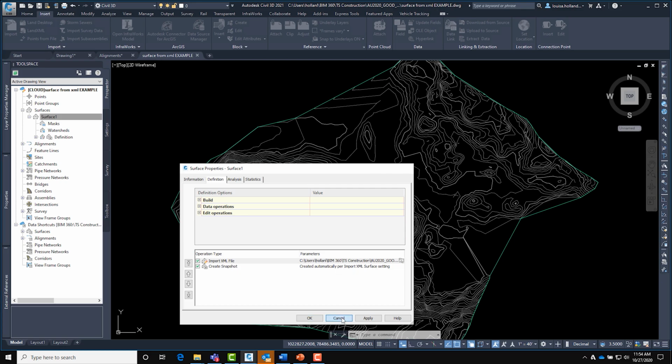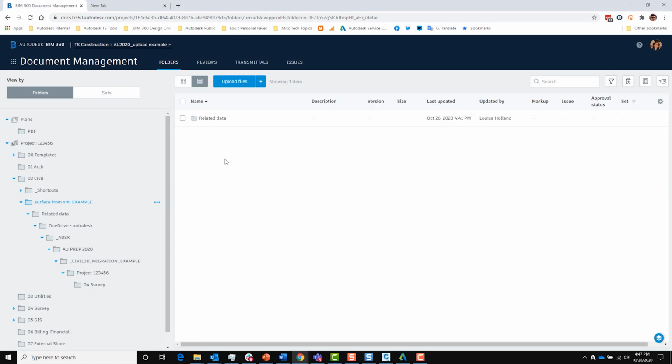Now that I've cleaned up the file and the surface model inside the DWG, we may want to go out to document management and clean up any related data folders that are no longer needed. And remember, those get created if the pathing to your references is not correct, or in this case, it was looking for that XML file and pulled in that full relative path. And as you can see, it wouldn't take much for this to turn into a path length greater than 240 some characters. So we want to keep an eye on that.